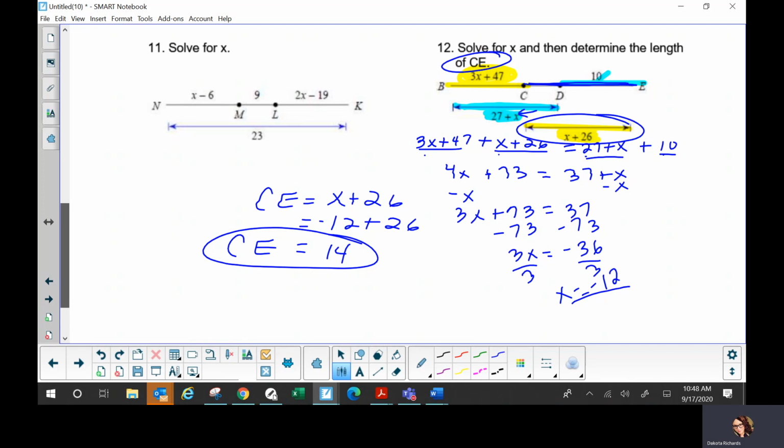Even if you get a negative as your x value, keep going. See what the actual segment length is when you plug it in. So when you do the next page,